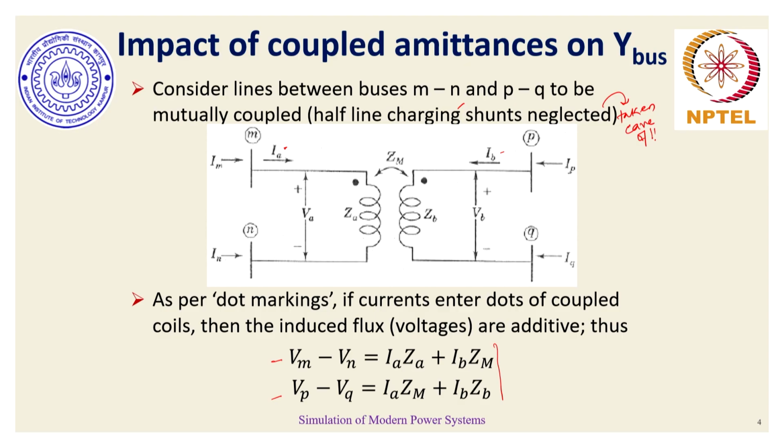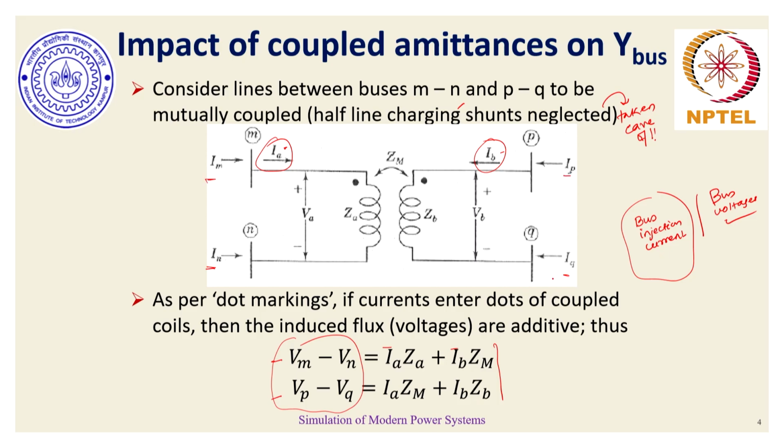If we now expand things a bit, because essentially we are trying to evaluate the overall bus admittance matrix, considering the effect of mutual coupling, we cannot just focus only on the currents. Remember, the bus admittance matrix is all about the relationship between bus injection currents and bus voltages. As of now, on the left hand side we have bus voltages, which is okay, but on the right hand side we have IA, IB, which are line currents.